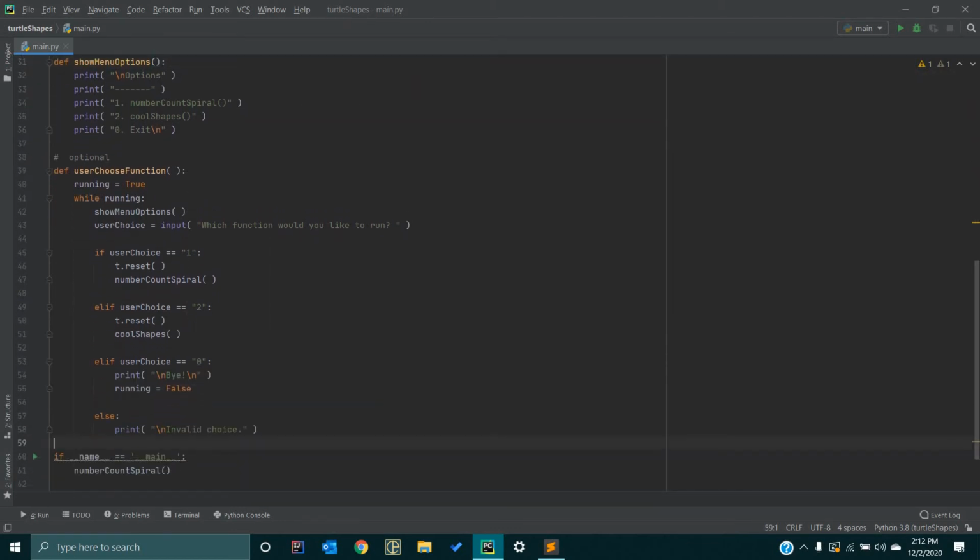We're going to call this user choose function, because it allows the user to choose a function. The first thing we want to do is go running equals true. Essentially, this dictates the running state of the program. So if running is false, then the program exits, but if it's true, then obviously it's running. So now while running, which essentially means while true,